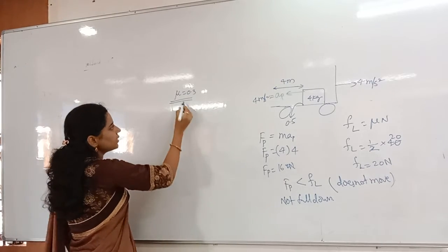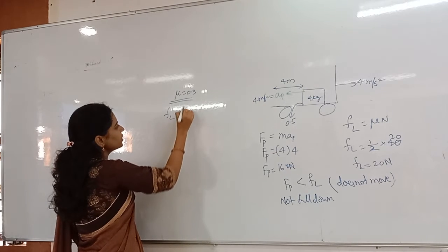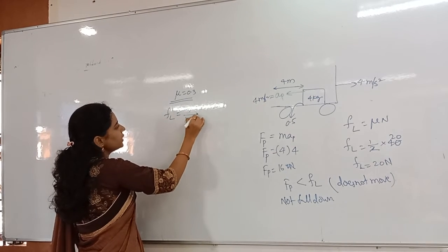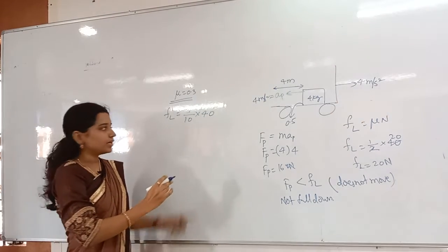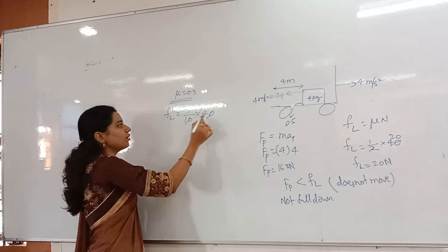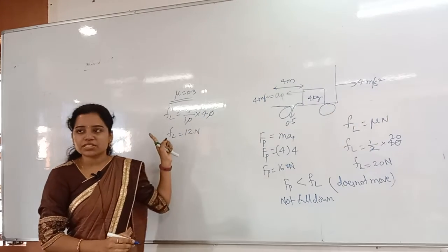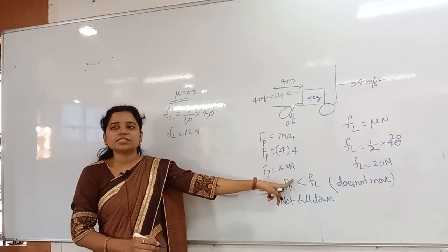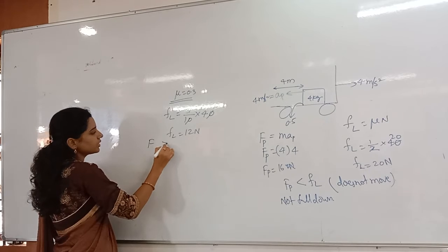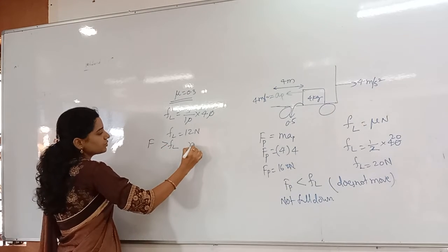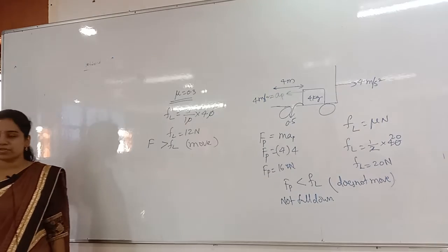Now, here I said that mu is equal to 0.3, nothing but limiting friction is how much? Limiting friction is 0.3, means 3 by 10 into normal reaction. How much is normal reaction? 40. You are listening? Yes, 3 by 10 into 40, 10, 10 gone. Then limiting friction is 12 newtons. Pseudo force is how much? 16 newtons. So force 16 is greater than the limiting friction, so the body will move. It is moving, of course.